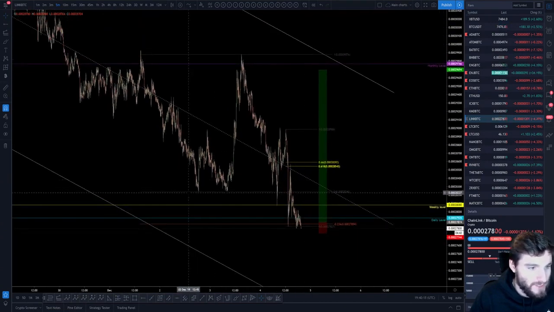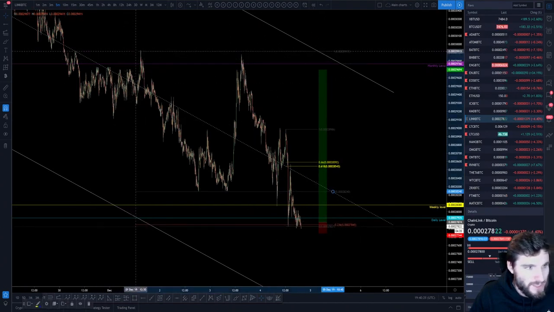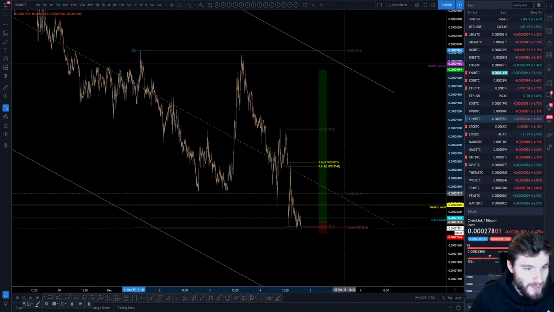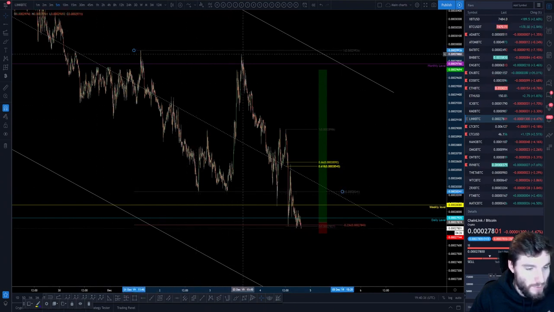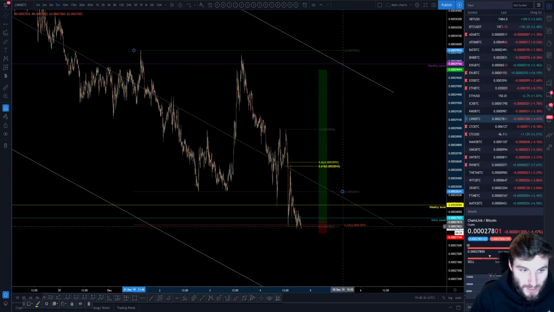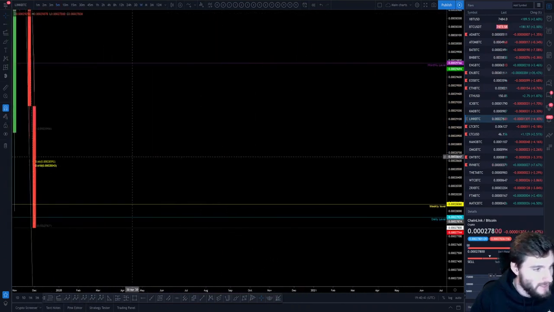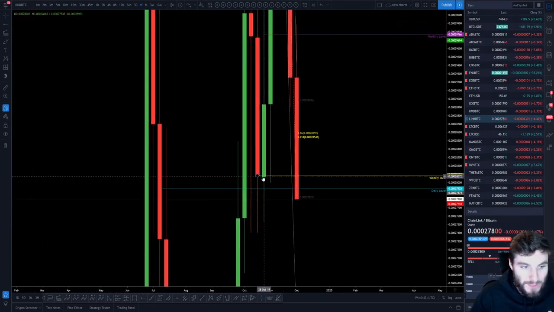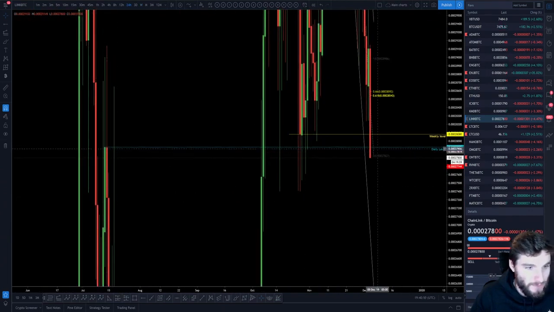And then more locally, for the last fib confluence here, we had from the high up here, the last swing high, down to the swing low here. So swing high to swing low, we move up, and then you had the -236. Then let's go over the weekly a second. We had the weekly, which is just our standard weekly level, and then our daily level, which is also just our standard daily level.